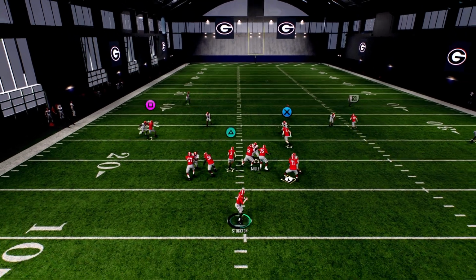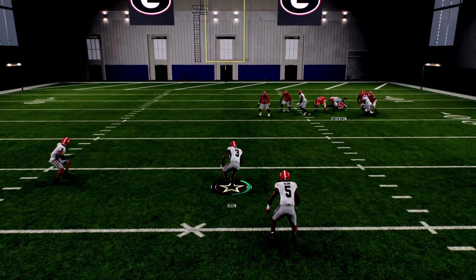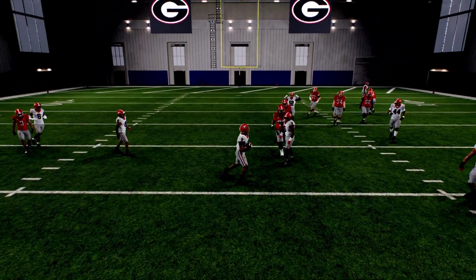Anyway, against cover two, you're going to see R1 is going to be able to, as we just get yelled at on a three-man rush because practice mode is